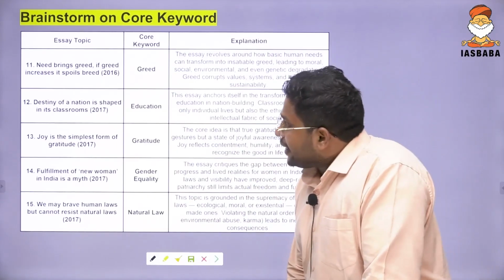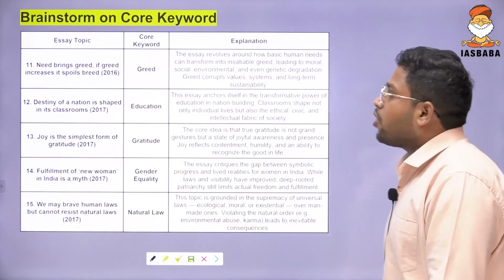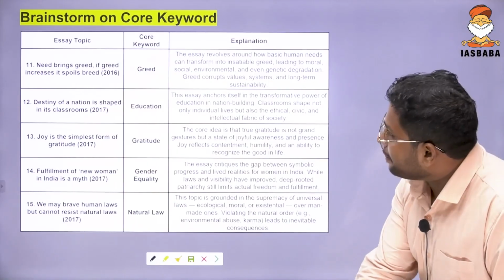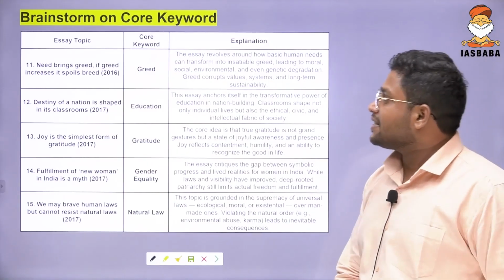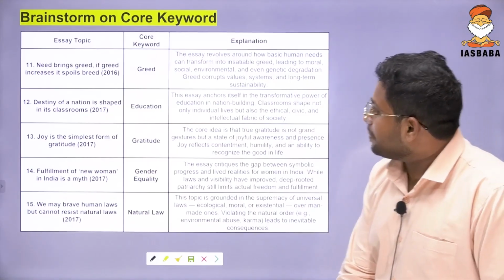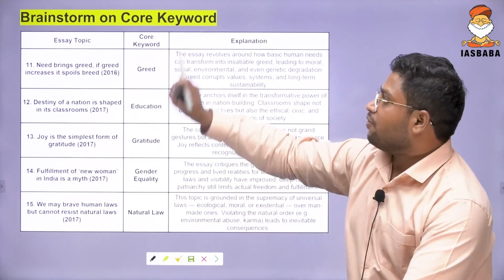Now, need brings greed. If greed increases, it spoils breed. Oh, very interesting. Need brings greed. If greed increases, it spoils breed. Was it breed or bread? I'm not sure. But as far as I can get the meaning of it,